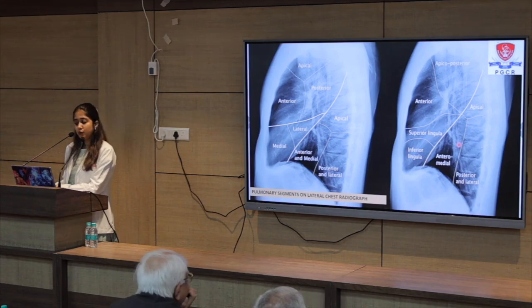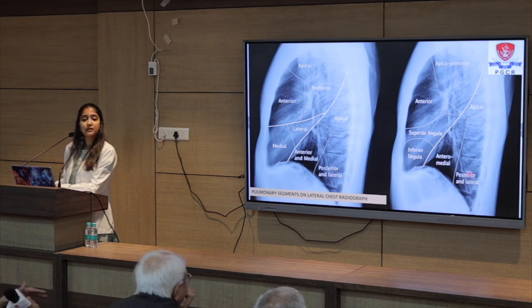And the left lower lobe is divided into apical segment, anterior and medial segment, and